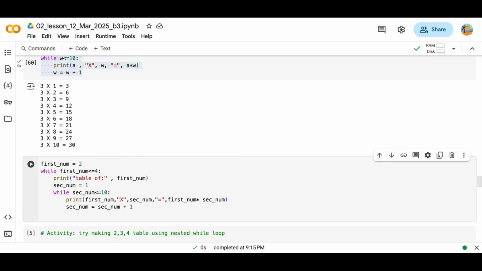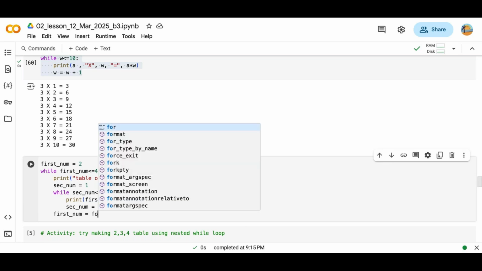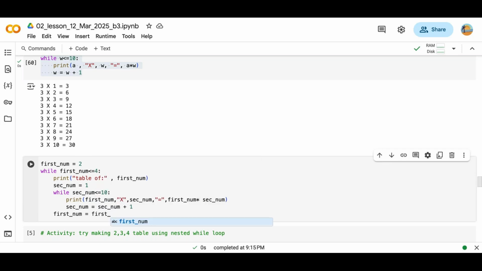And I have to increment this 2 to 3, 3 to 4, right? So I should not do it inside this while loop. I have to do it in the first while loop. So I'm taking the 4 spaces back, and first num equal to first num plus 1. So if I just run this,